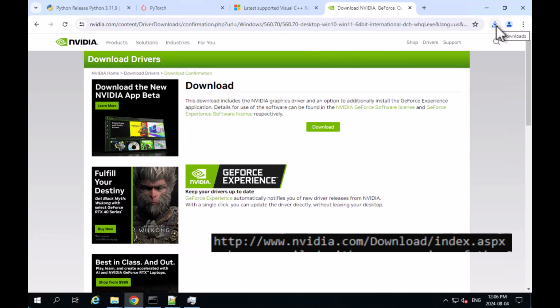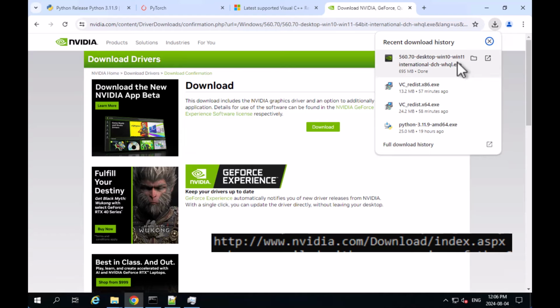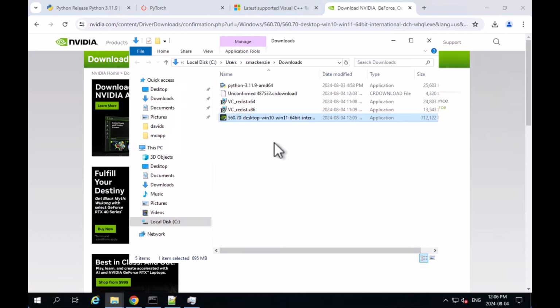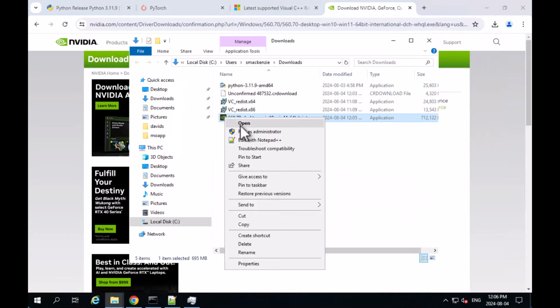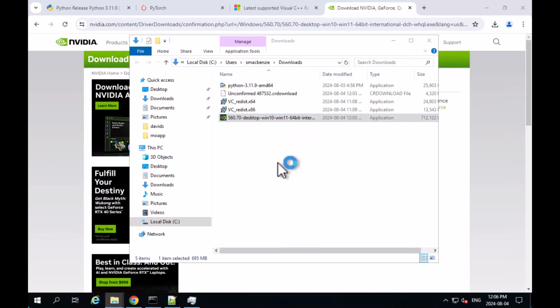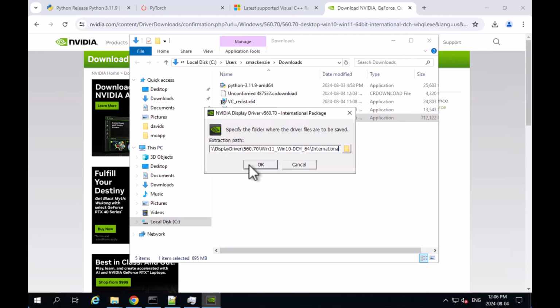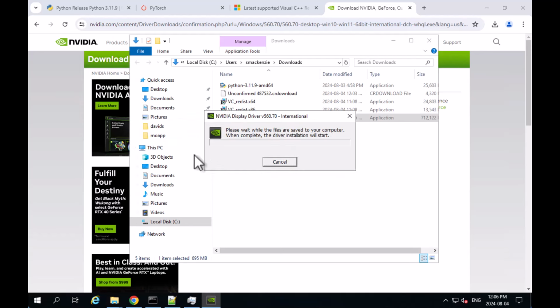That's in the error message, and it's going to direct you here. And then I chose the correct model and everything for my card, and I've downloaded it, and now I'm just going to right click install that, and that's going to put the latest drivers onto this computer, and so it is very, very